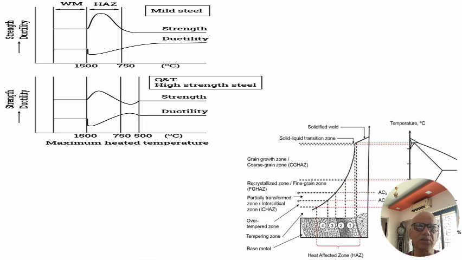Mild steel is absolutely good in all aspects of these physical parameters, and it is always good to have a weld on mild steel. But mild steel doesn't give you the strength, the corrosion properties, and the high temperature and low temperature properties. So you select various other alloys and materials, by which you need to take care of this heat affected zone. And in the heat affected zone, as you see here, the strength and the ductility